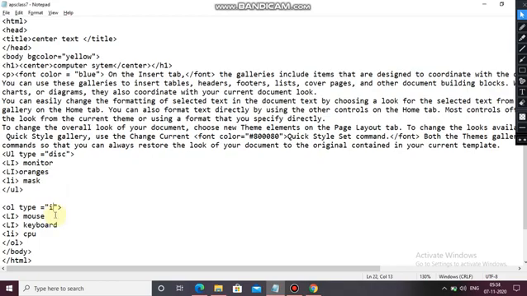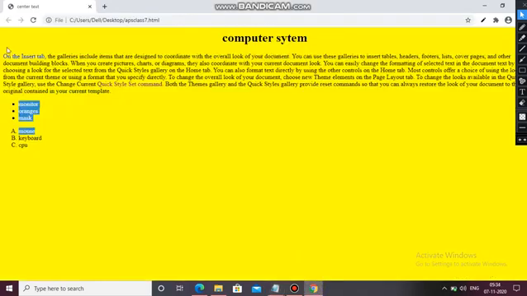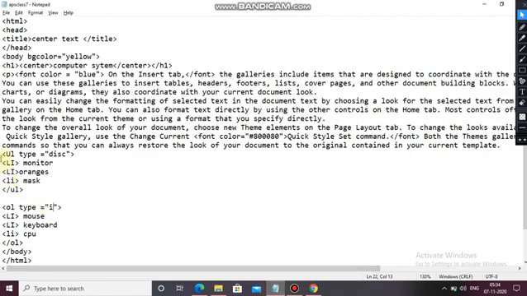Control S and see, it has changed. So easily, while using ul and ol list items, you can use a bulleted list and a numbered list also.